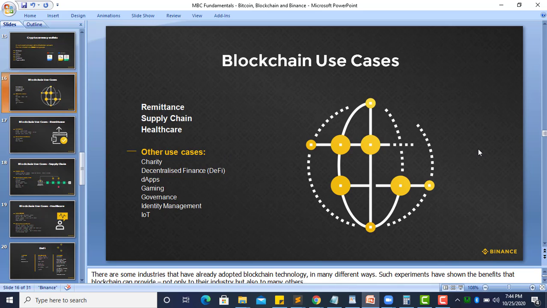So let's look at some of the use cases of blockchain. Blockchain is used not only for cryptocurrency, as in Bitcoin alone. You can use blockchain for a whole lot of different things. It's like a technology, like an app. You can create different apps within a blockchain. Since we know of Bitcoin, Bitcoin is an app on blockchain technology.